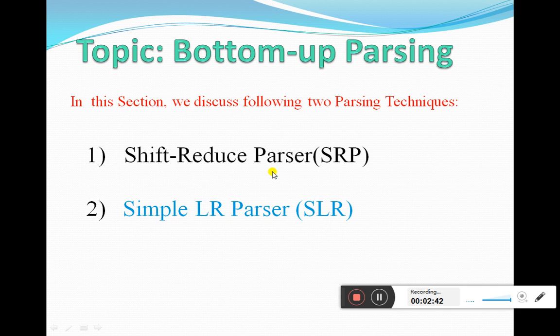In other words, we'll attempt to construct a parse tree starting from leaves, moving towards up till root. That is the main difference between top-down parsers and bottom-up parsing method. We'll see shift reduce parser in this video lecture. Then we'll take up simple LR parsers in the subsequent video lecture.